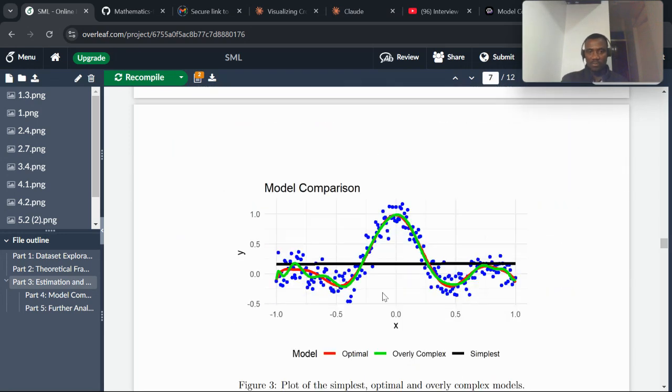I'm also trying to compare the models: the optimal model, the overly complex, and the simplest. The simplest is just a black straight line, which is a simple linear regression model. The optimal is the one with polynomial of degree 10, and for the overly complex, I use polynomial of degree 16. As you can see, the optimal and the overly complex are both seeking to do almost the same thing, but the optimal